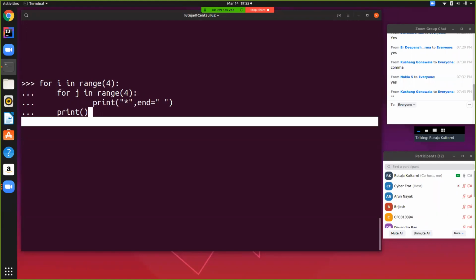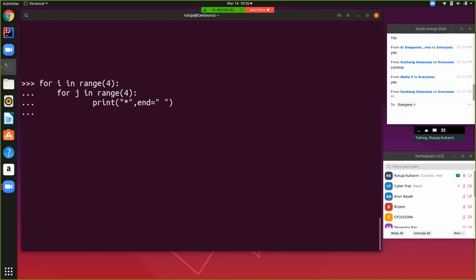If we don't mention print, you want to see what happens? It's definitely going to give our output in a straight line, because it will only implement in this for loop. So let's see how it works. See, we have got the output in this way. This is not at all any pattern. So just to get a pattern,